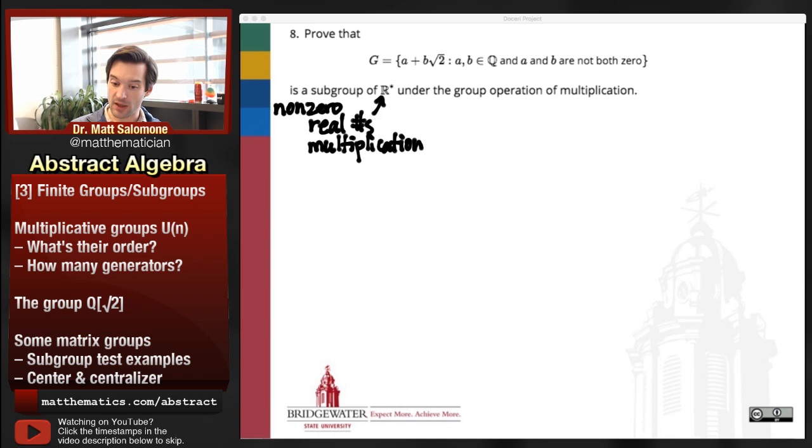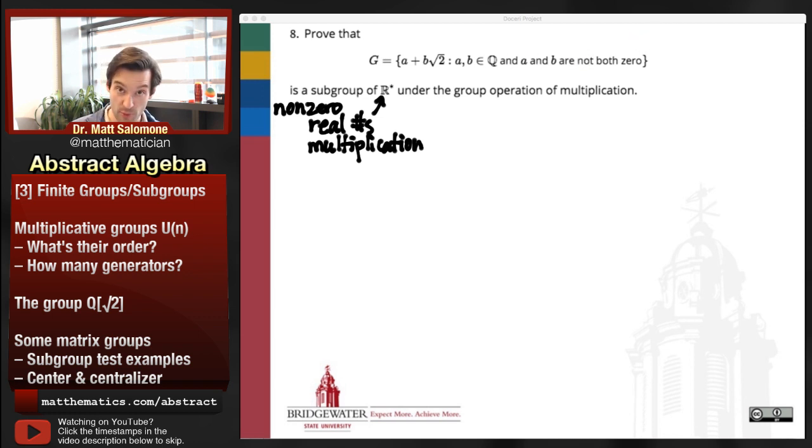And the square root of 2, we don't know what it is. I mean, we can sort of assume for our purposes that it is a real number, and therefore that this is going to be a subset of R star. All that we really need to know is that it is some number, some entity, which when we multiply it by itself, gives me the rational number 2. Okay? That's all that we need to know about this symbol that I wrote down on the screen, square root of 2. All we need to know about it is that its square is equal to 2. And so the question is asking us to prove that this subset of R star is in fact a subgroup